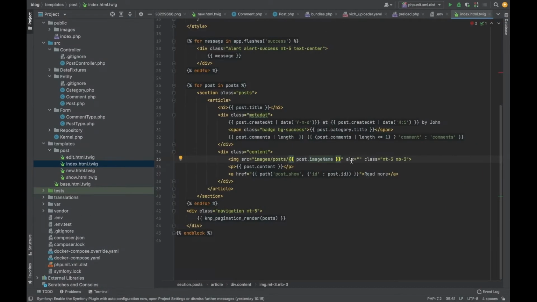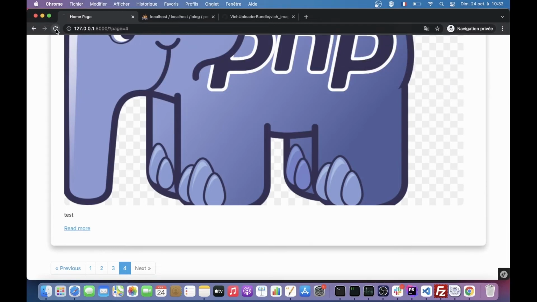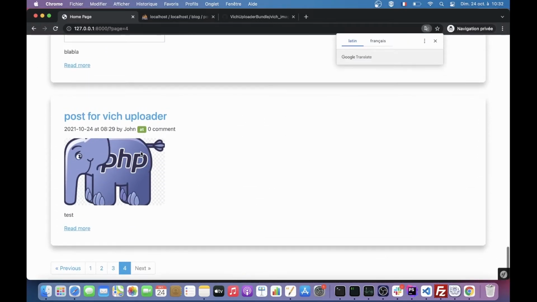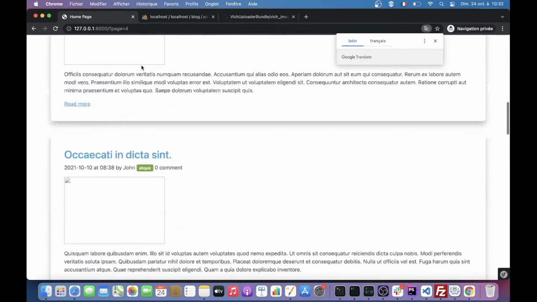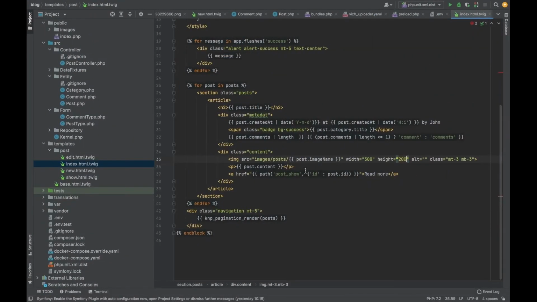It's very big. I will set the width and the height of my image. Width like this, 300, and height 200, like this. If I refresh, I have my image. All the other images are empty now, so I can do something like this. I can copy this line